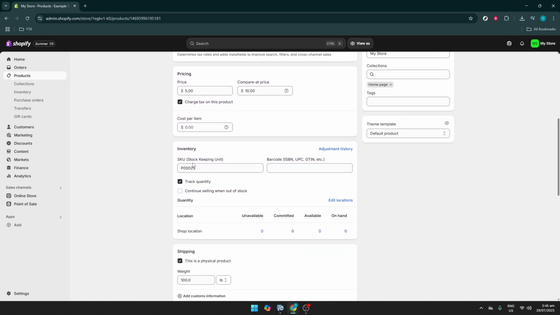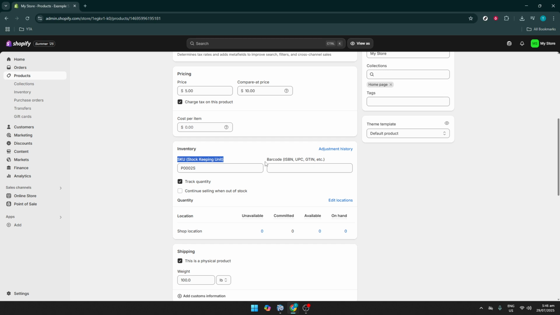Now that you're on the Hot Products page, the next thing you need to do is locate and click on the Inventory option. This section is particularly important because it provides crucial details regarding stock levels and management options for the product in question. Here you will find valuable information such as how much of a product you have in